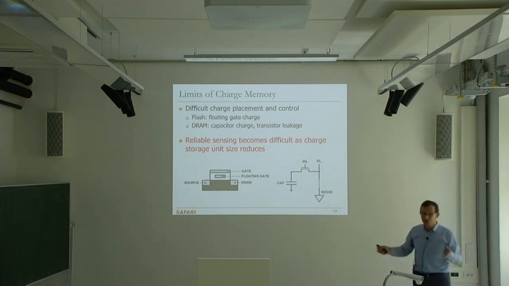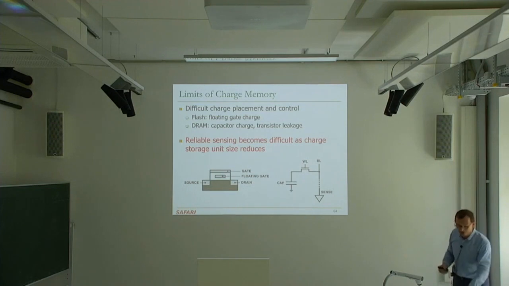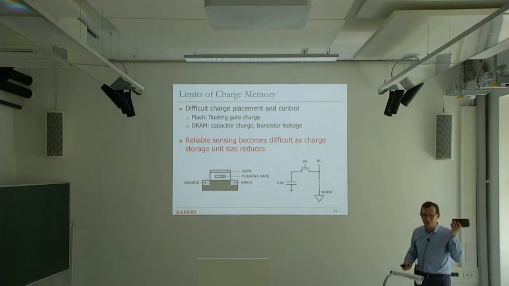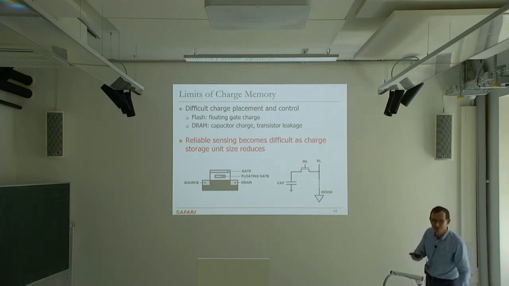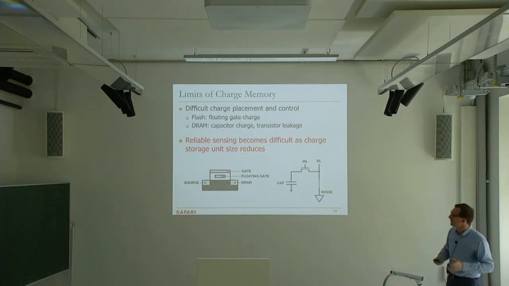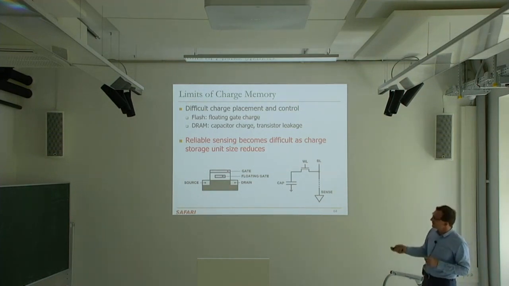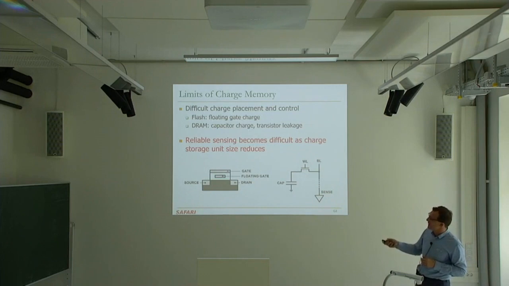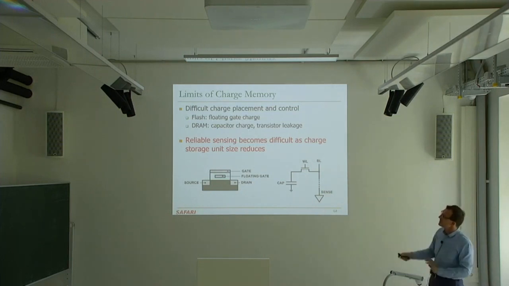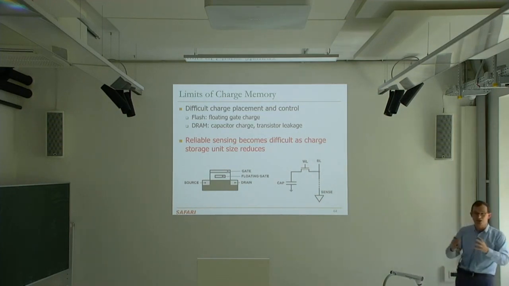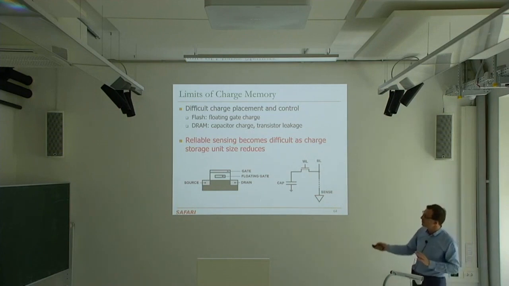But we have another technology that's extremely successful also, flash memory, that has enabled a lot of these devices, right? I cannot imagine having this device without flash memory, for example. Otherwise, where would people be storing their pictures, right? And running out of flash space over here, or videos, right? So basically, in flash also, you capture charge in the floating gate. It's also charge-based. And in all of these charge-based memories, reliable sensing becomes very difficult as the charge storage unit size reduces.